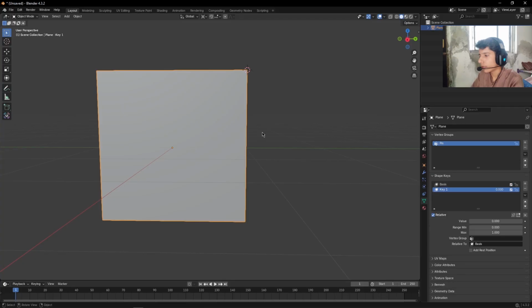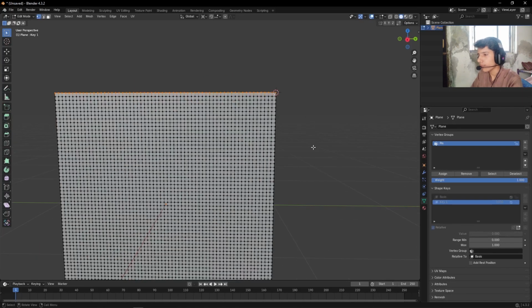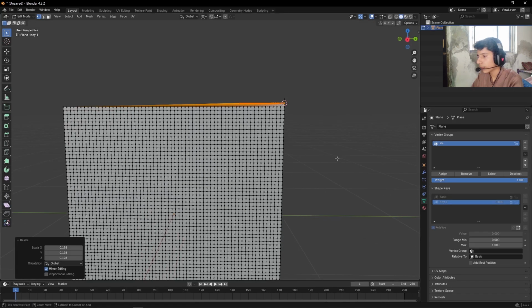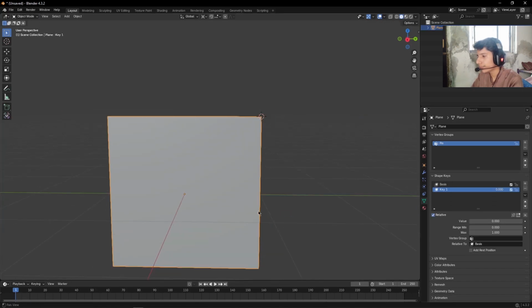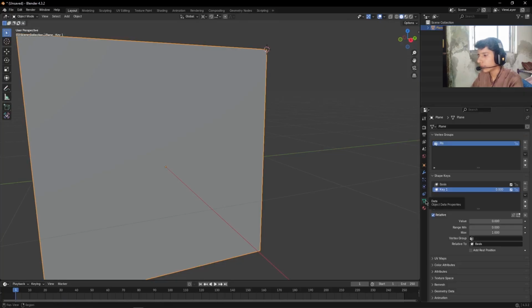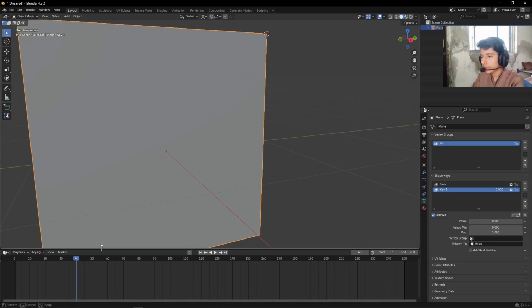So now go into edit mode and now scale it something like this, 0.2, just like this. Now come back to object mode, come to modifiers tab and make sure to disable your cloth modifier. Then again come to object data properties and come to this shape keys section, come to something like frame 40